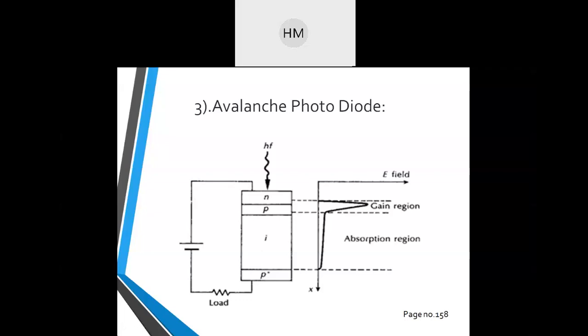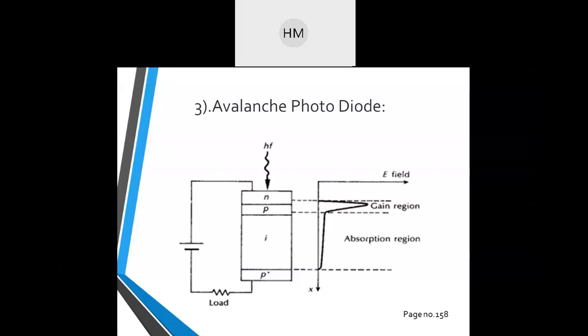Reach through construction में क्या होता है? The reach through APD is composed of a high resistivity P type material deposited as an epitaxial layer on a P plus substrate. This is the reach through process. Same P dopants are constructed over the P plus layer. ठीक है? So again, I am repeating the thing. Carrier multiplication is a very important parameter और वो किससे achieve कर रहे हैं? It is needed so that the whole of the light will be absorbed by the device and accordingly current should be generated.